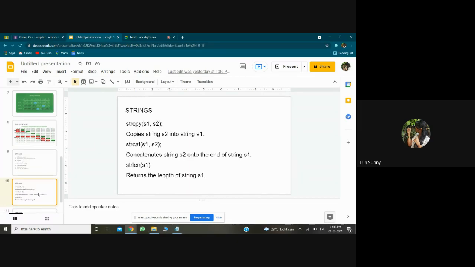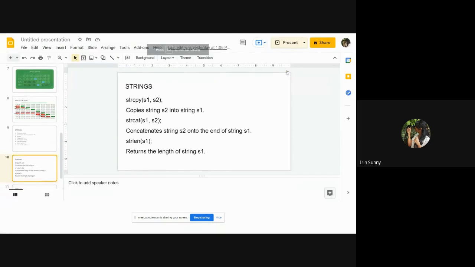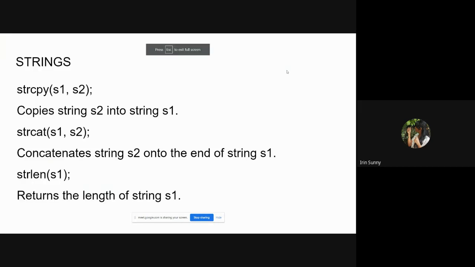Okay, these are some functions that I mentioned. There is string copy, string compare, string length. All of these come under the string.h header file. So if I have to use any of these functions in my program, then I have to include it. I have to write the statement hash include string.h. Now, what is string copy? This first function, strcpy, is known as string copy.